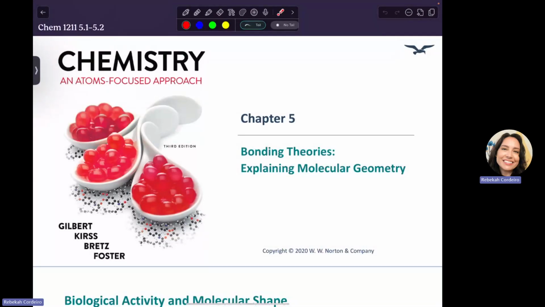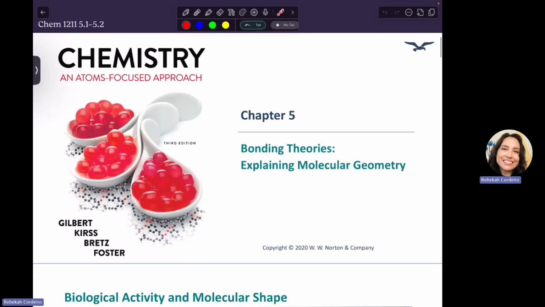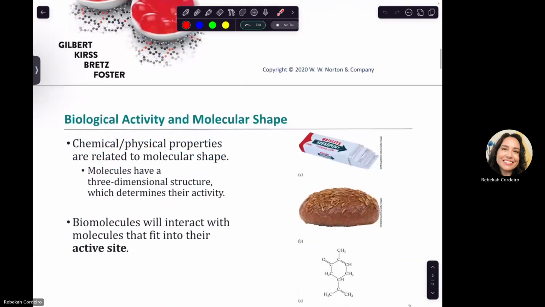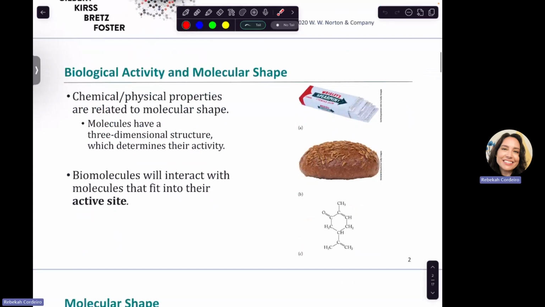All right, we're going to be looking at the beginning of chapter 5 for chemistry 1211. And we're going to be talking now about molecular shape. We've been drawing Lewis structures, but the actual shape of the molecule is not always the way that we draw it. Shape is really important in chemistry because molecules interact with other molecules in biology, especially with something called